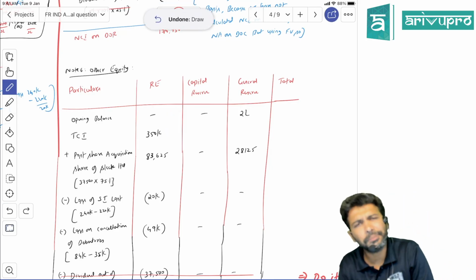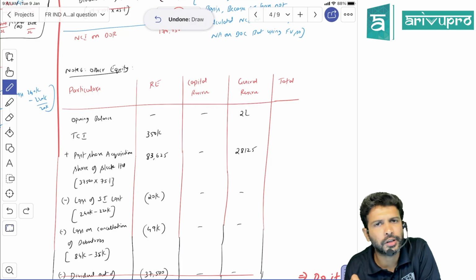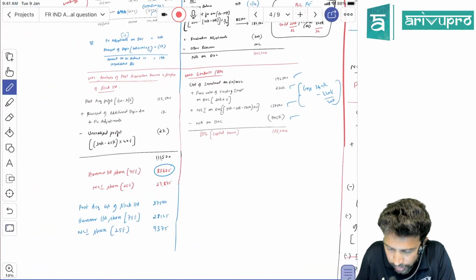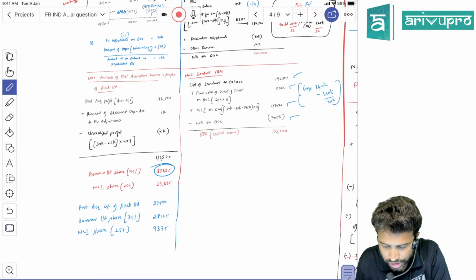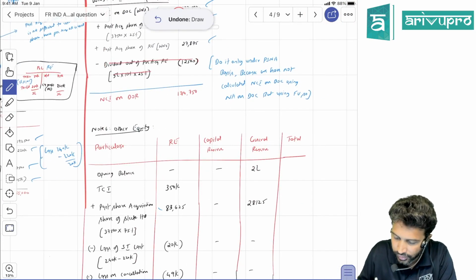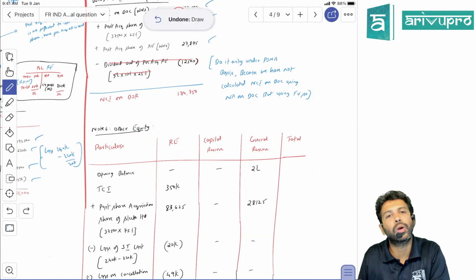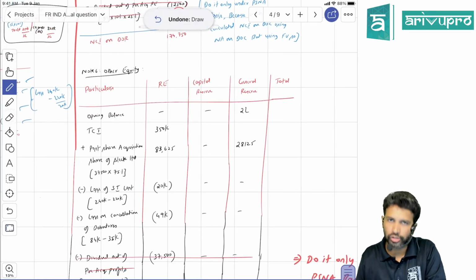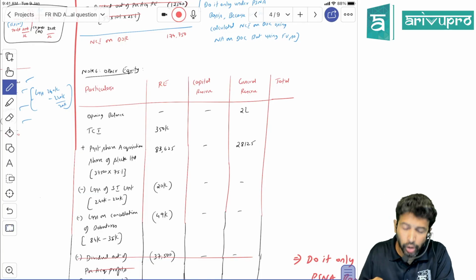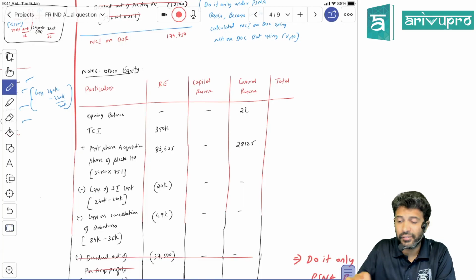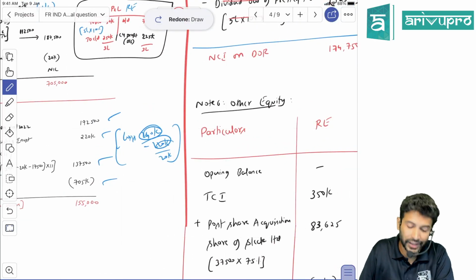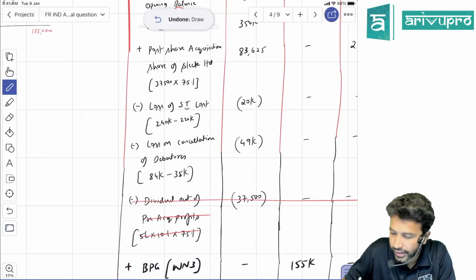Okay, sir. Then the post-acquisition profit of the subsidiary company you add. We already calculated that, no? Post-acquisition share of retained earnings is 83,625. Post-acquisition share of general reserve is 28,125. 83,625 and 28,125 we have added. Then impairment loss on goodwill. Do we have anything? No. So strike off that. Then we lost significant influence when we purchased the investment at 240, but we considered for goodwill calculation only 220. So there is a loss of 20. Eliminate that. That is one.